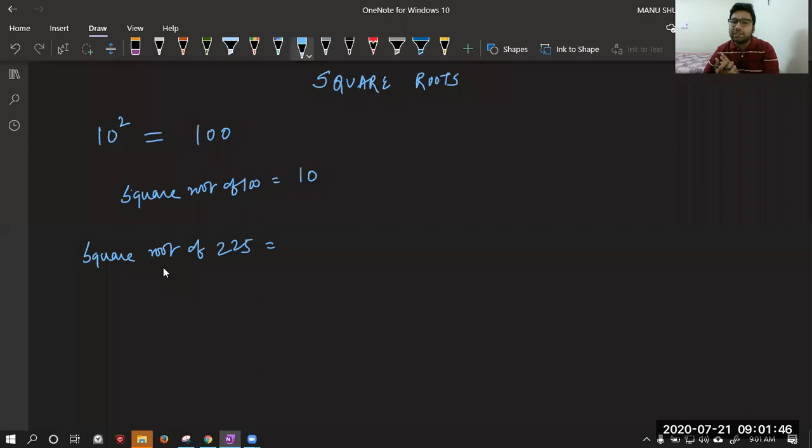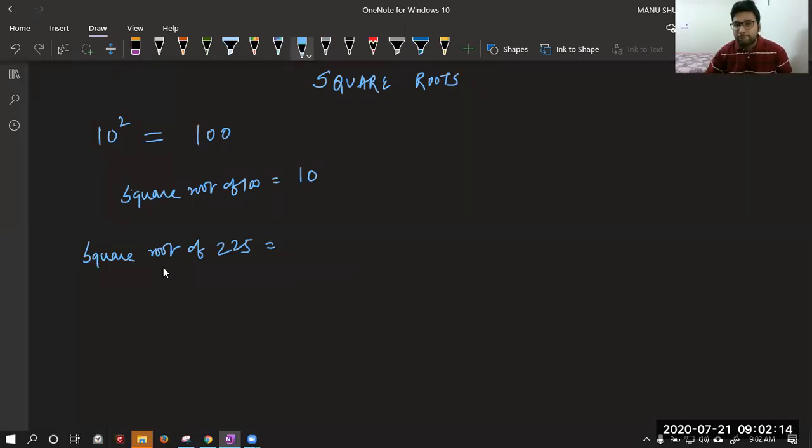25 is not. Sarthak, Ananya, 25 square is 625, not 225. How did I get the answer? A very easy way is to just guess. But while guessing, you can use different ideas. You can check 20 square is 400. How can it be 25? When you guess, you can check that 20 square is 400, which is more than 225. How can the number be 25 square? It has to be 15 square.